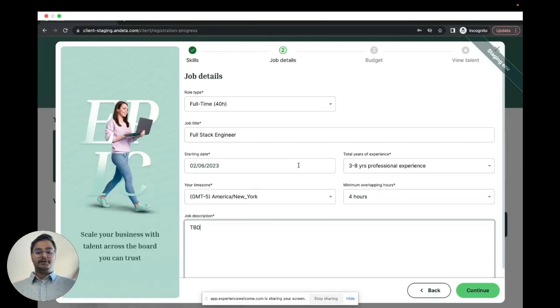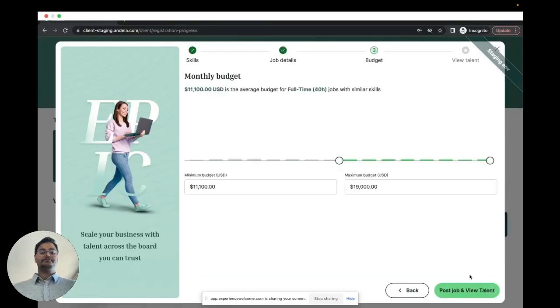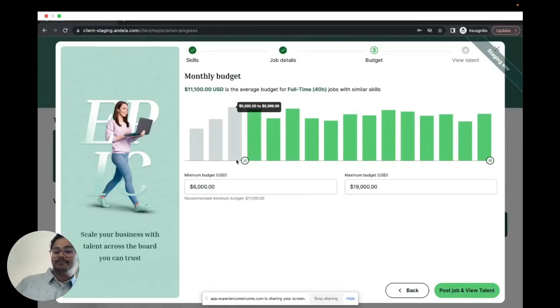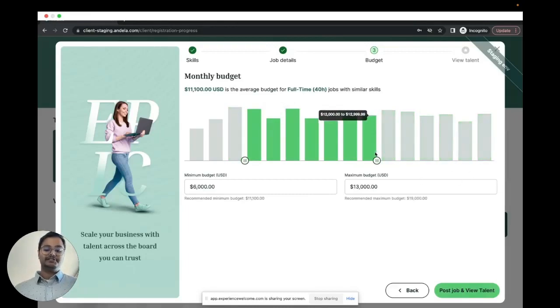So once I enter all the information on the screen and click continue, next it asks me for my budget. Here, the portal is showing you a real-time histogram and spread of the talent that fits the skill set across the rates. As you would have been working with Andela, you would know typically our mid to senior level talent, depending on where in the world they're coming out of and how rare the skill set is, the monthly rate for a talent could go anywhere between 6,000 to about, say, 14,000,